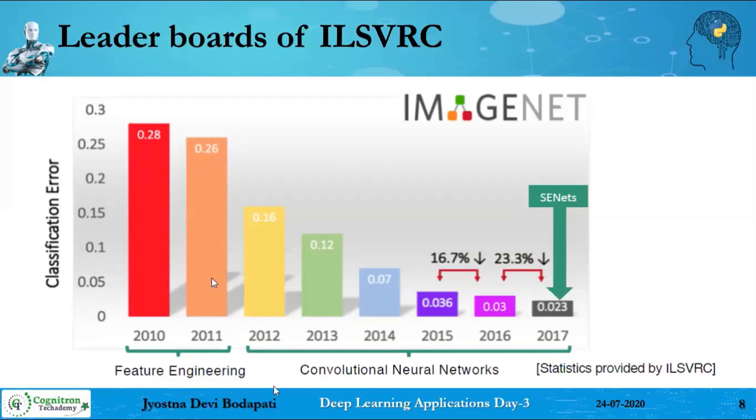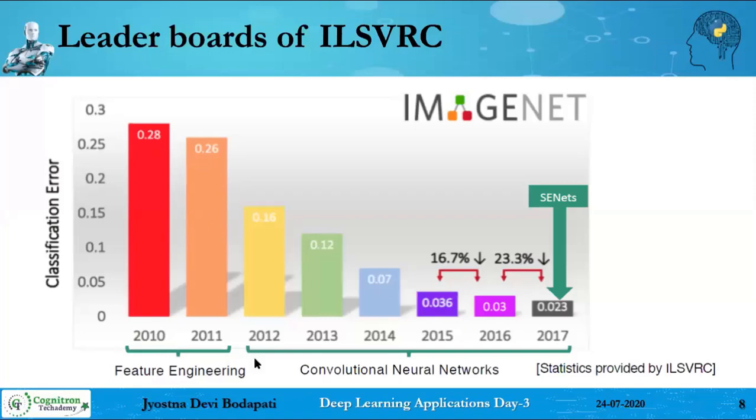If you observe, the year 2012 was a breakthrough for convolutional neural networks and the deep learning community, because the reduction of the error was 10%. It's really huge. In 2010 the error was 28%, and in the next year the error was reduced by only 2%. So that itself was great.